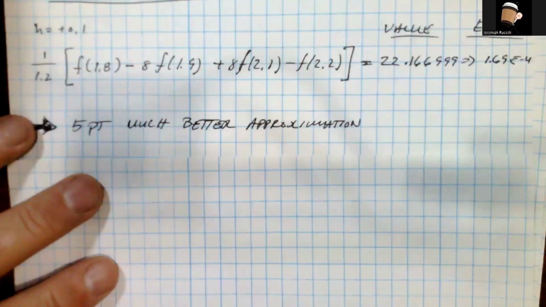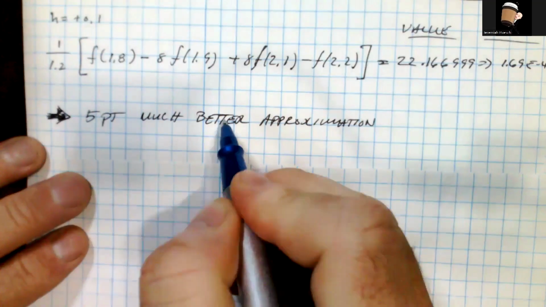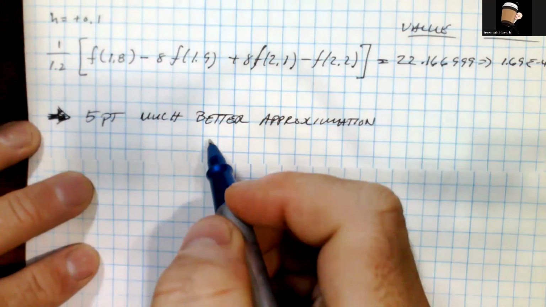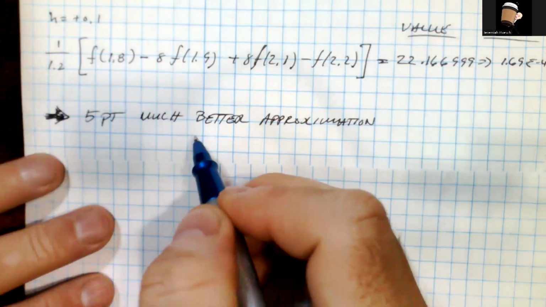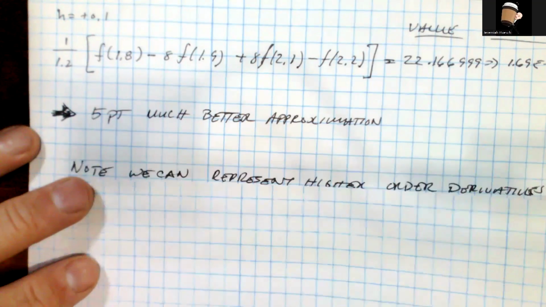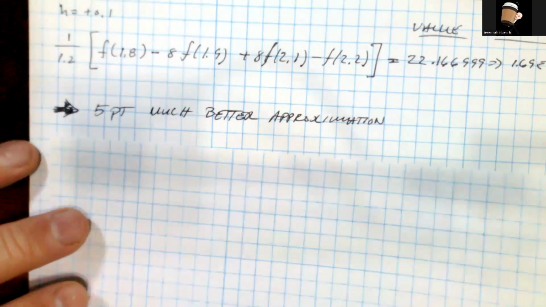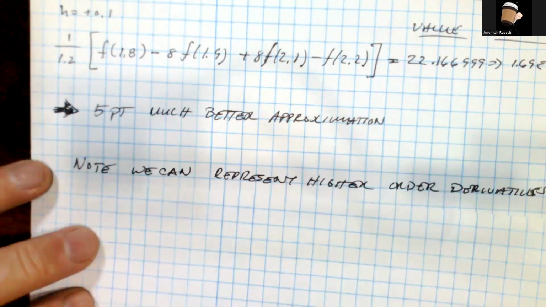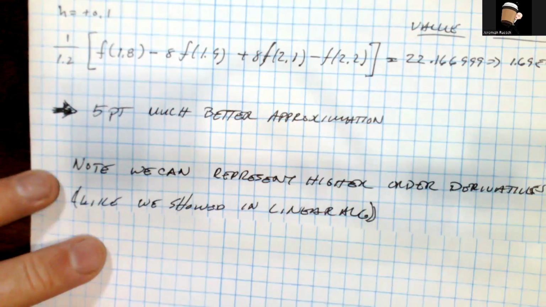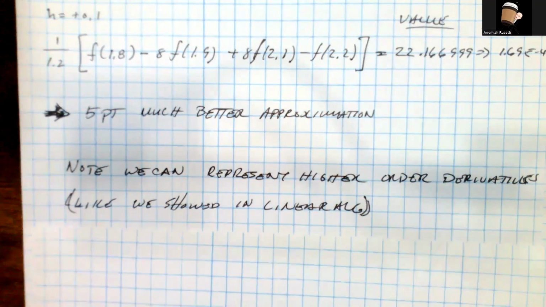for this f prime at the value of 2. And so a little bit extra, something that I think is kind of cool and we can use in the next example, or if we wanted to explore further down. The 5-point is a much better approximation, but we can also extend this process that we use to derive the 5-point and the 3-point to represent higher